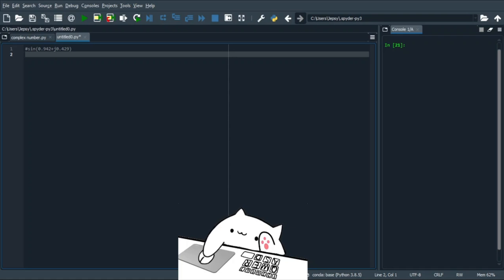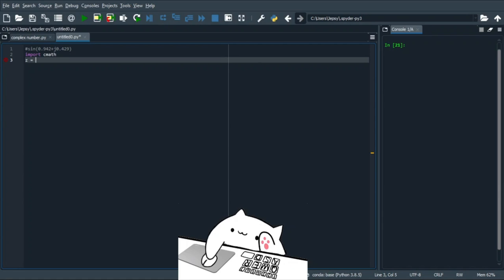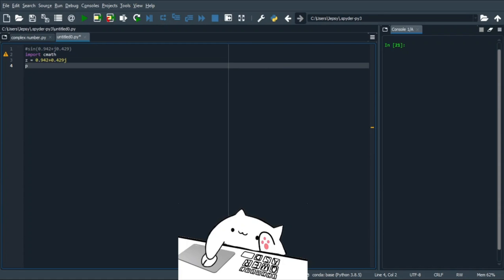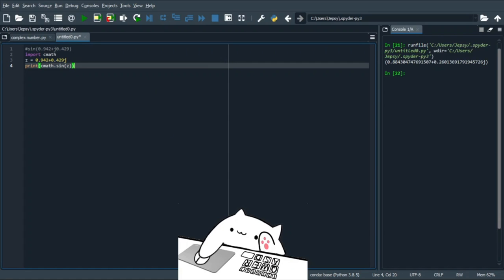So first one is our sine of 0.942 plus j 0.429. So let's import our cmath. Then let our z equal to 0.942 plus 0.429j, and let's print the answer. So it is cmath.sin of z. We press F5, and we have here